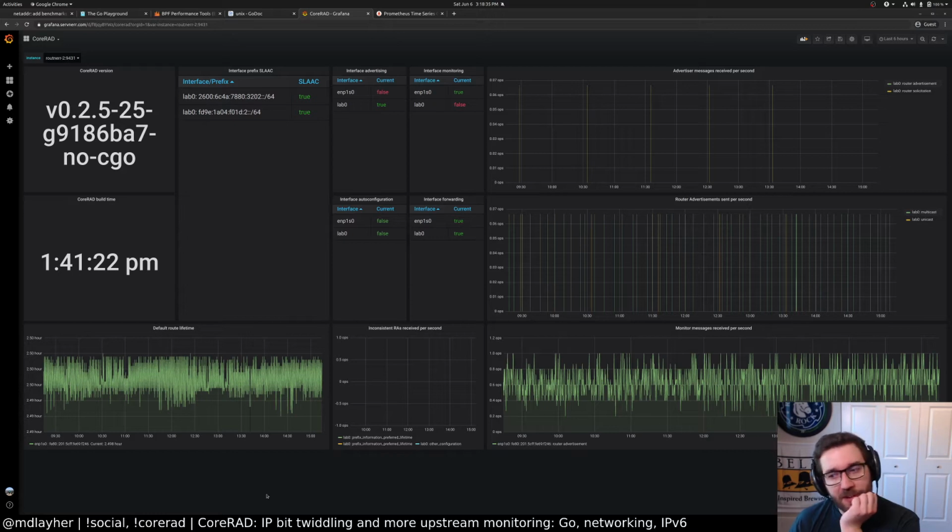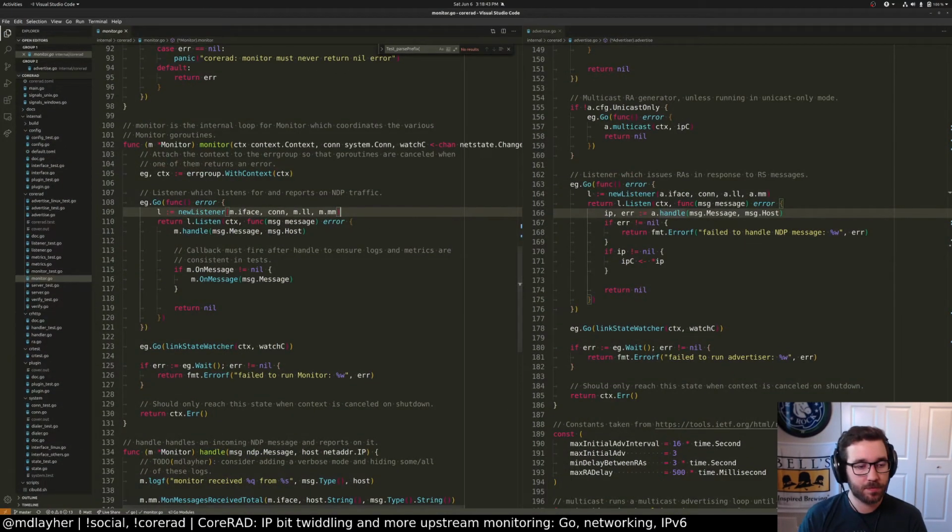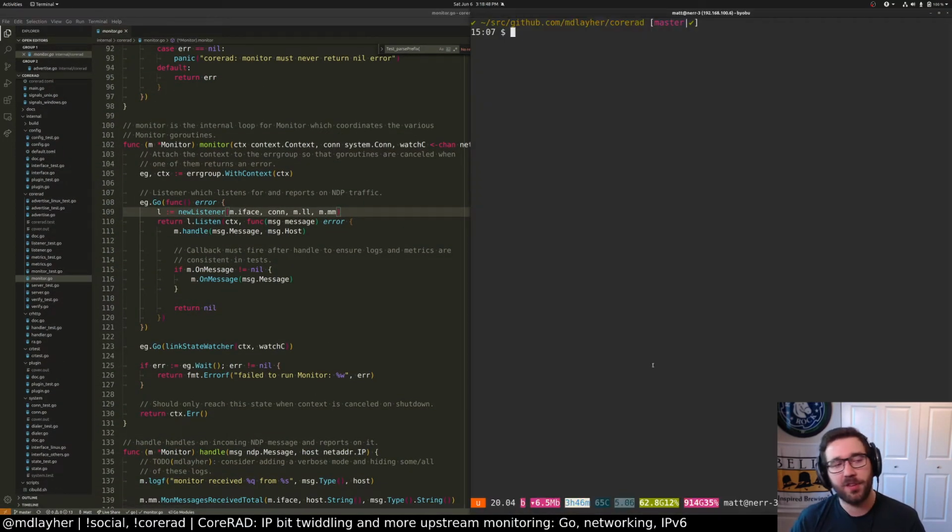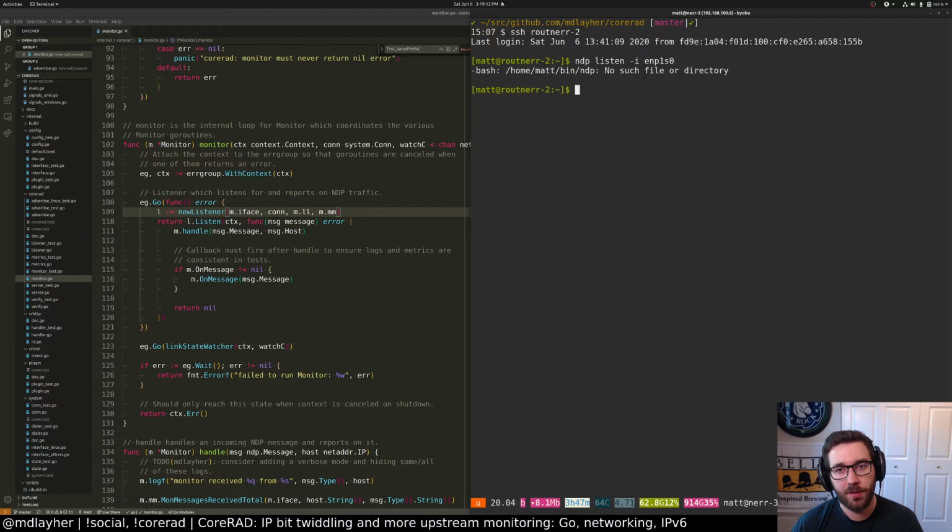Right, so we can actually hop on my router really quick and we can see what they're sending us and see if there's anything else worth alerting on, but I'm not sure that's actually the case. I guess I could potentially monitor for incoming neighbor solicitations, but I feel like at that point you're getting into weird territory. As long as we're seeing router advertisements, we should still be fine. We should count on the underlying neighbor discovery algorithms to do their job. So, no, I want the router. Yes. ndp listen -i enp1s0.